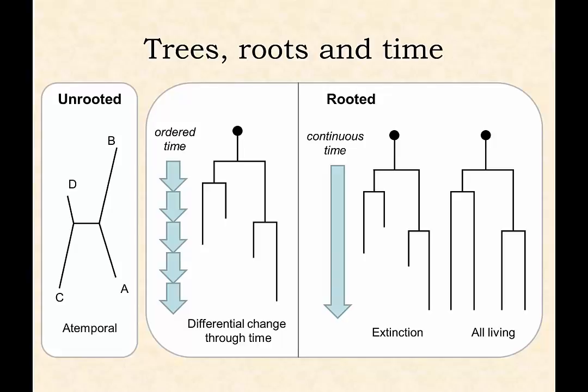And in this case, the distance along the branch is represented in time because we've calibrated it to time. In this case, this is a tree where all the organisms are living. So if we did a DNA analysis on various organisms and ended up with a time-calibrated tree, it would look like this because all the organisms were still alive. However, if we do it with fossil organisms, we might end up like this. So this might be the evolutionary tree of human species. We've only got one still alive today, Homo sapiens, but in the past there have been various Australopithecus and other species which have then died out at a particular